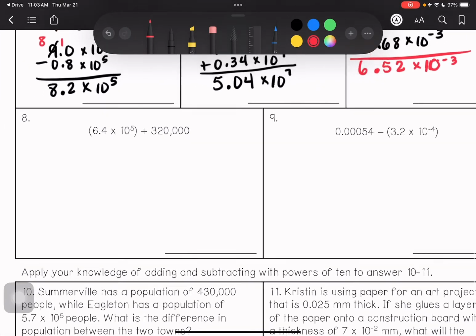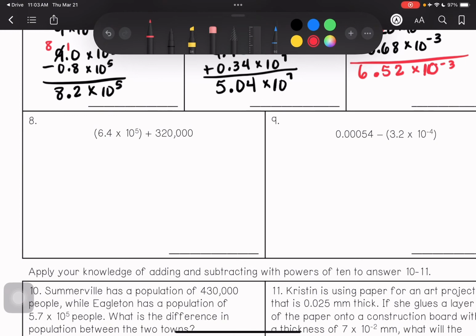Number 8, I have a problem written in scientific notation and one written in standard form. So I'm going to change them both to standard form and then change the final answer to scientific notation. If you look at 6 and 4/10 times 10 to the 5th, to put that in standard form, I need to move the decimal 5 times to the right. 1, 2, 3, 4, 5. In each of those places, I'm going to add a 0. So it gives me the new number,